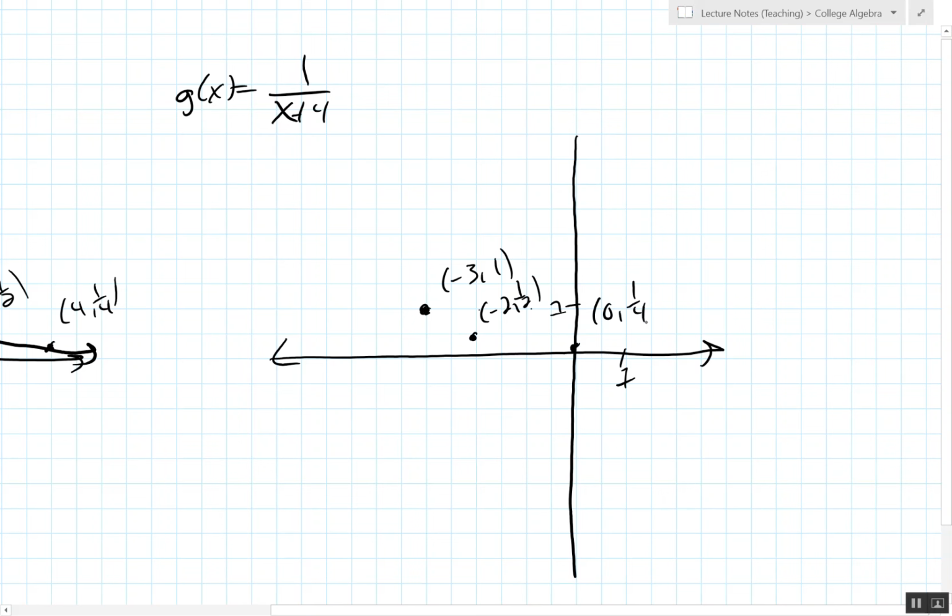And then on the other side, we'll have, let me see, -7/2, 2, and then moving over another quarter, we will have